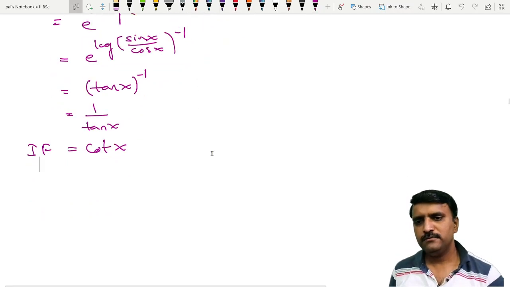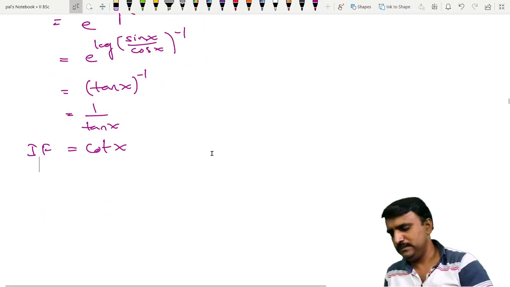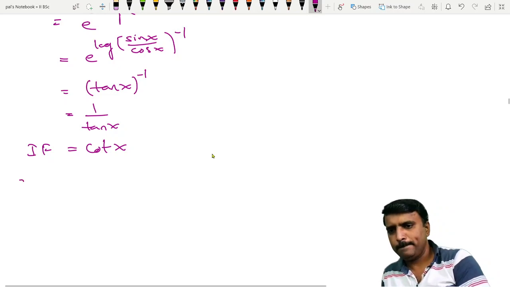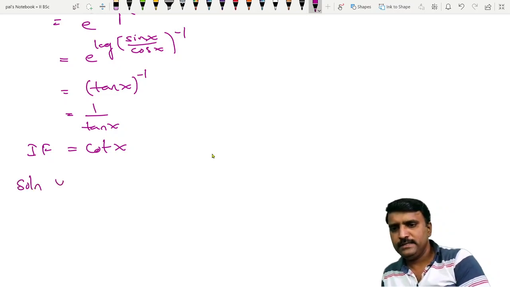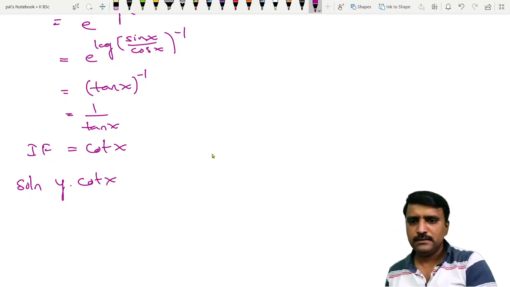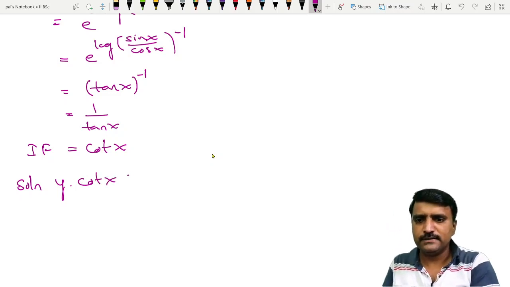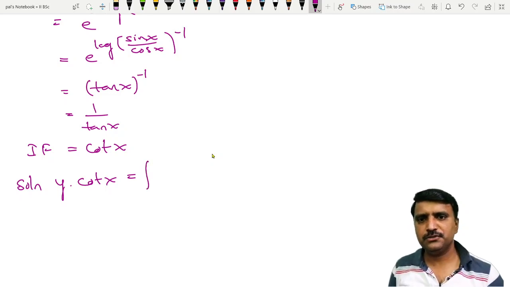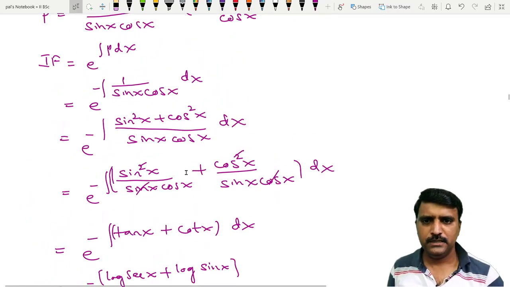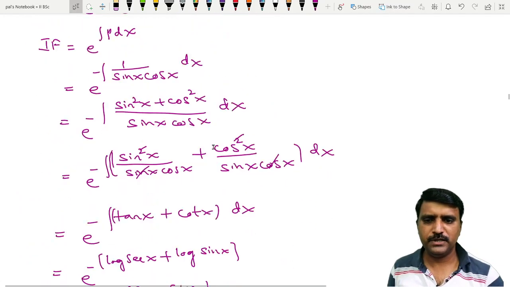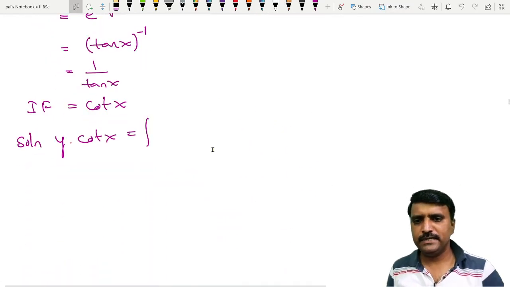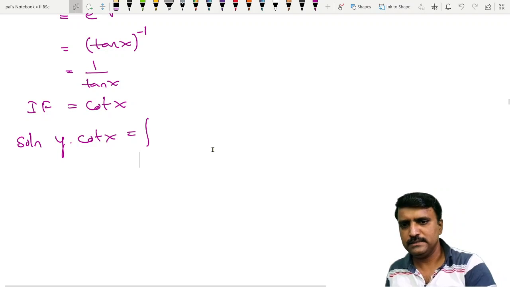Now you write the solution. Solution is y into integrating factor, that is cot x. Integrating factor is cot x. Cot x is equal to integration of q. What is q here? You see, this is q. Q is 1 by cos x. So you write it is 1 by cos x